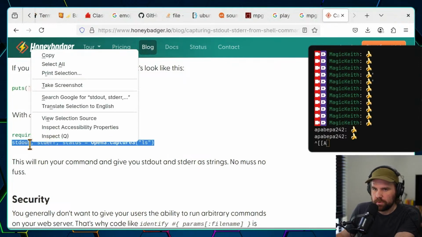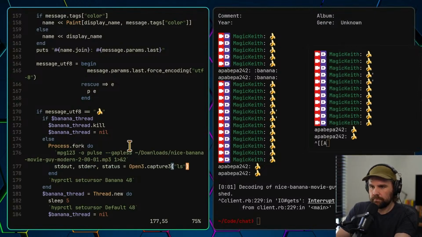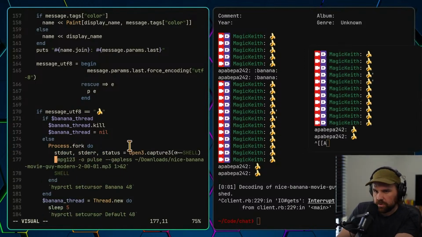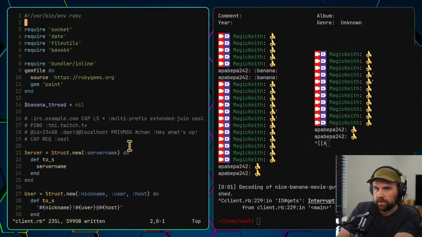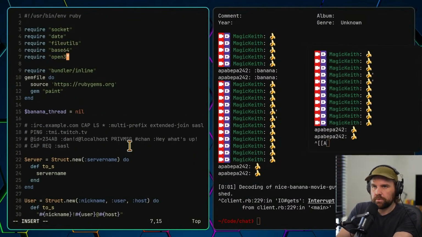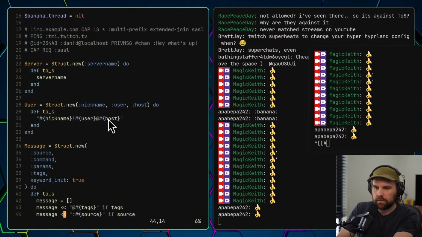All right, let's do it your way, computer. Let's do it your way. Do it your way. So that's just the shell command in just like a nice little newline thingy. And I gotta get Open3 business in here. Open3. Nice banana. There you go, it's been captured now.